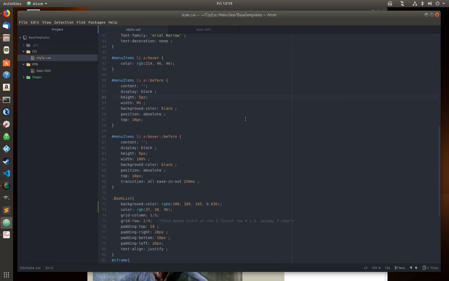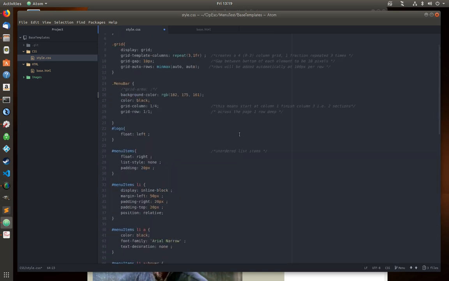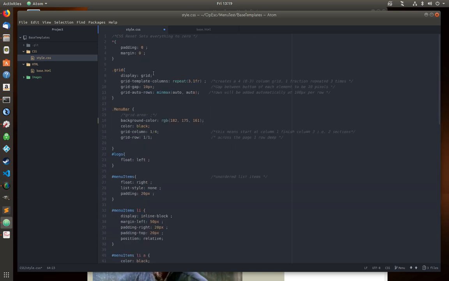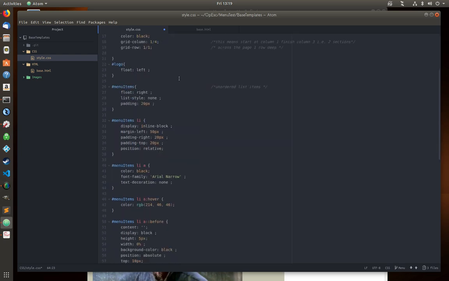this CSS style sheet. So the page itself starts off with everything being reset using the CSS reset, so we remove all the margins, all the padding. The grid layout's introduced, and you can see the grid columns and the grid rows are introduced, and then we've got the menu bar, and the logo is styled on the page and positioned using a float. It's not absolute positioning, it could have been absolute position, but I used a float there to try the float